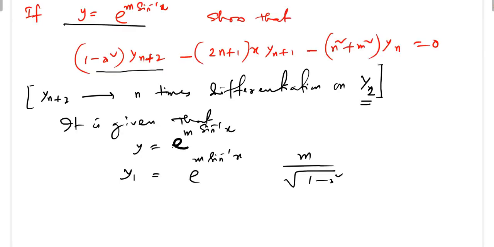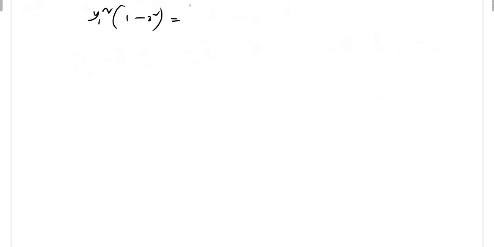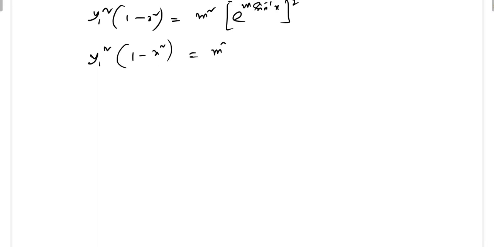So this will be y1 square into 1 minus x square equal to m square into e to the power m sine inverse x whole square. And e to the power m sine inverse x is already y, so I can write y1 square into 1 minus x square equal to m square into y square. Okay, again if I differentiate,